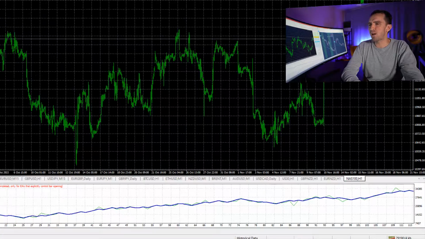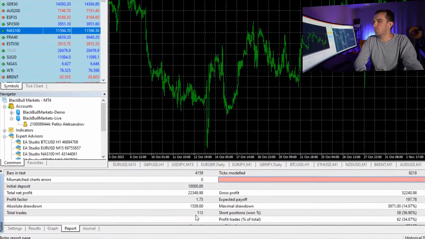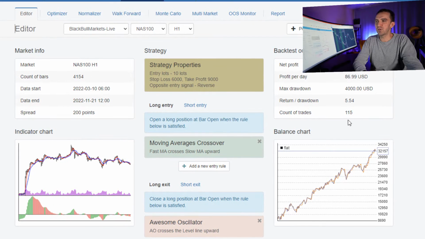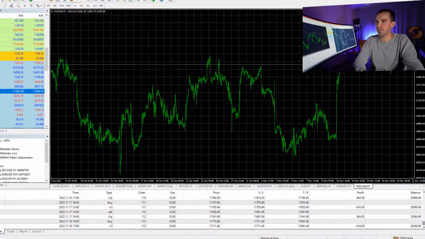32,348.98. This is the graph, so pretty much the very same graph as we have on EA Studio, but here it is just wide, and in EA Studio we have it in a small window. And if I go to the report, you will see that with MetaTrader it shows 113 trades, and on EA Studio we had 115, so it's very close. You can see that the balance chart shows 32,157,